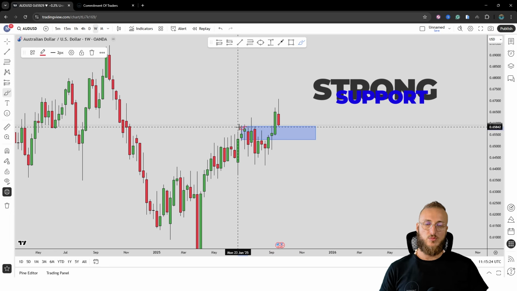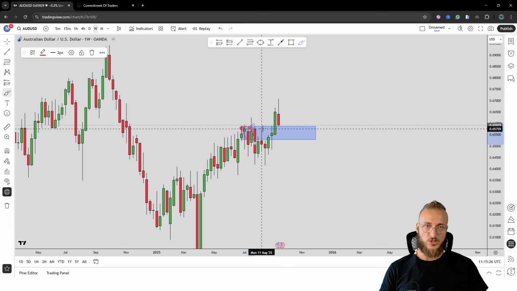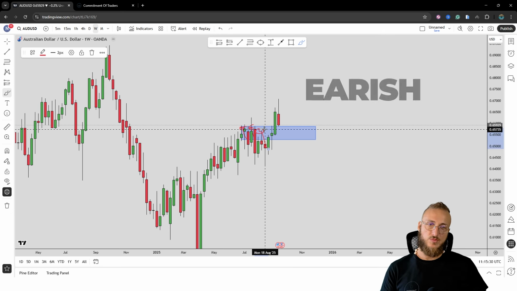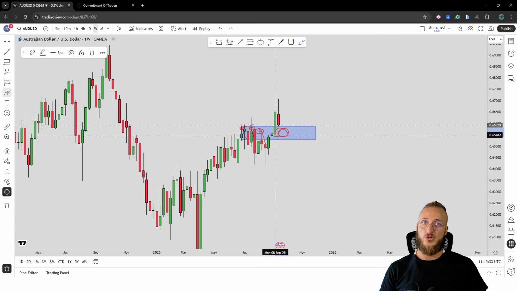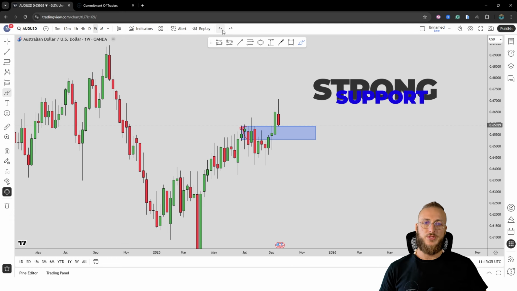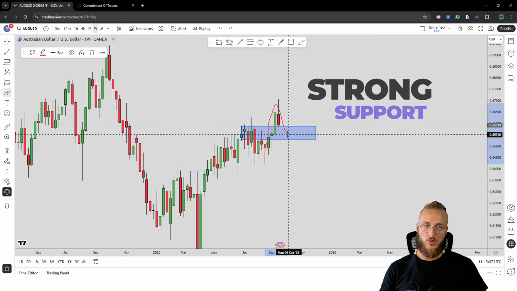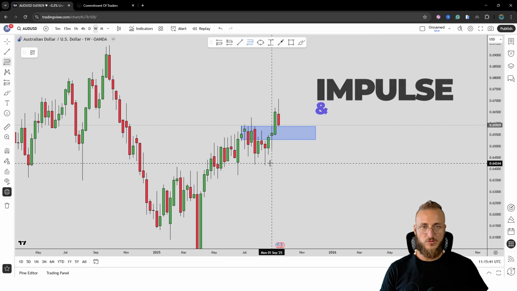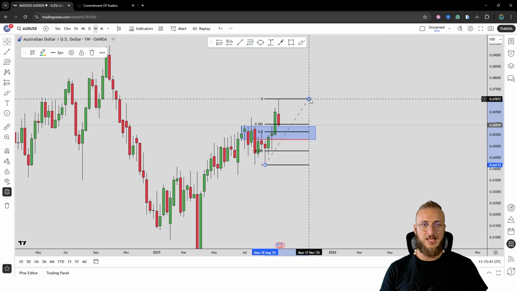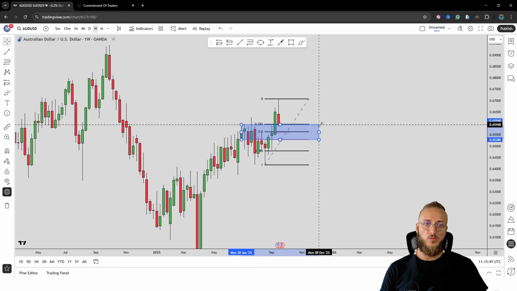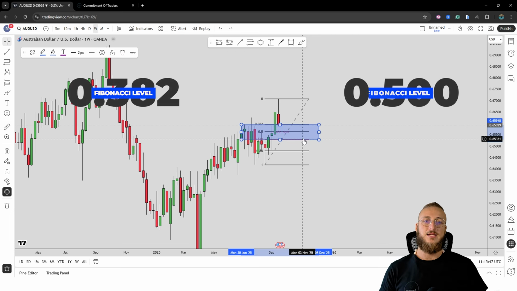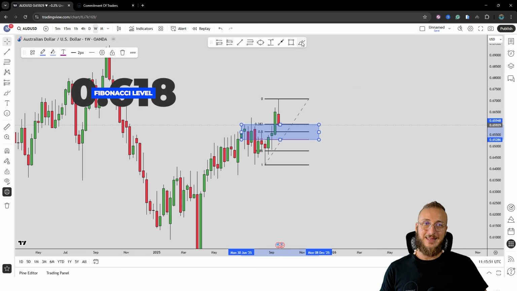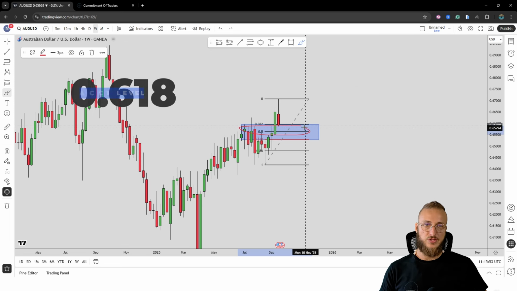This level was acting as previous resistance preceding these rejections to the downside. The market has now broken back above that zone, so this previous resistance is now turned support. And what we can notice is that since we have an impulse and a correction, if we want to measure the correction, we have to take our Fibonacci from the low to the high of the impulse leg, and this gives us a 0.382, 0.5 and 0.618 Fibonacci retracement zone, which is lining up perfectly with this previous resistance turned